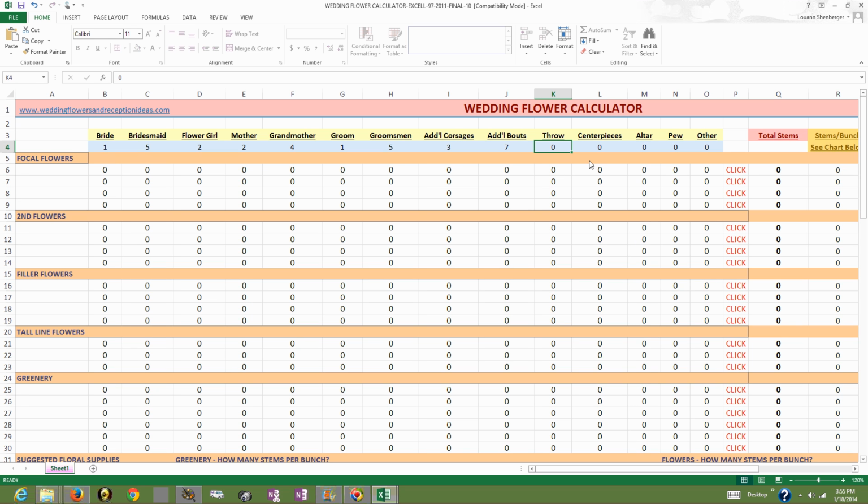Now the throw bouquet is not something I usually add extra flowers in for. Usually there are excess flowers left over after you buy grower's bunches. But at this point right now, I want to make sure that you don't forget to make your throw bouquet if you want one. I'm going to skip over centerpieces at this point, but I am going to pretend that